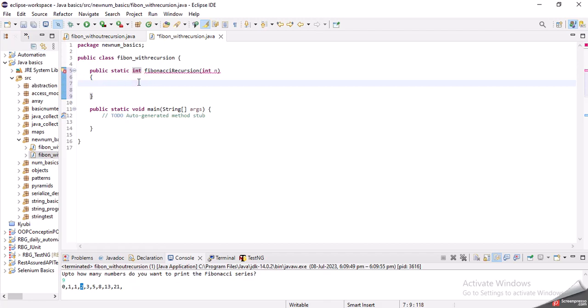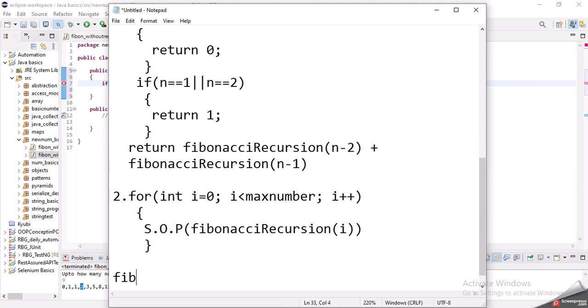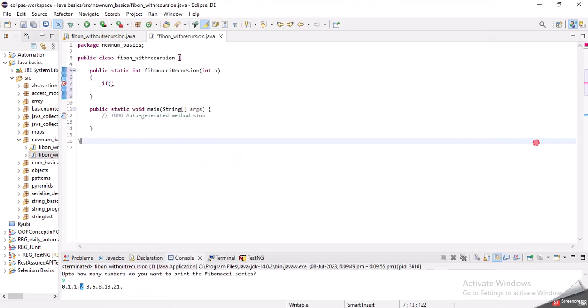And one thing I forgot to mention, basically Fibonacci numbers contain only int values. So there is no point of decimal things. Because it starts from 0, so 0 plus 1 is 1, and 1 plus 1 is 2, so it's continuing with integer values. Okay, so coming to the program, here you can see, if n equals 0,